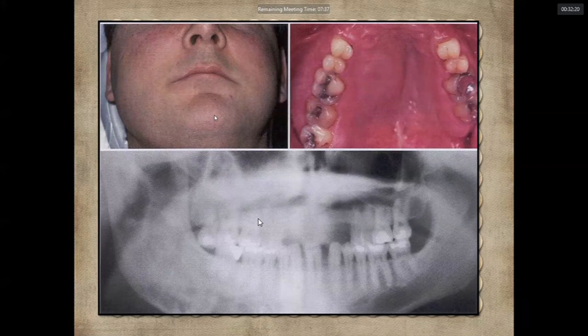So here you can see the fibrous dysplasia on the right side of the maxilla. There is the expansion of the buccal plate, especially on the buccal side, and slight expansion of the palatal aspect as well. That means there's the enlargement of the right side of the jaw. And this is the radiographic picture of the same. Okay, you can see the homogeneous radioopacity.